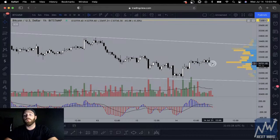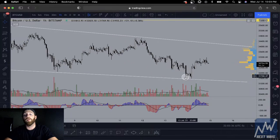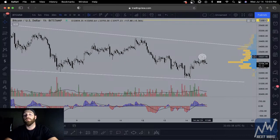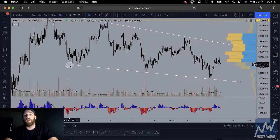What time is it right now? 22? Where's 22? Right here. It was doing this candle. And I was just like, man, if this doesn't turn around right now, it's going to keep tanking. But it respected this pattern very nicely. So